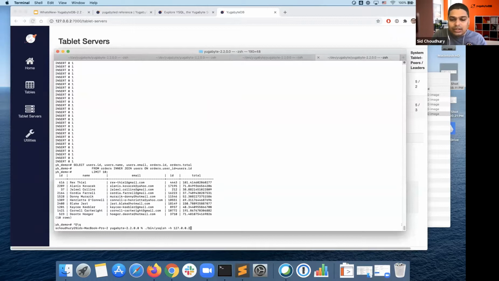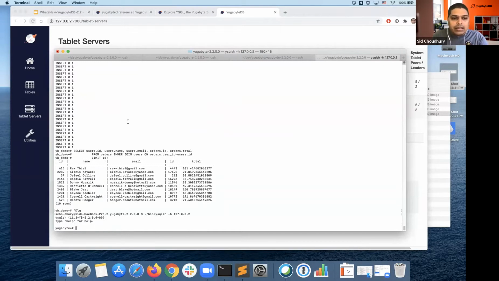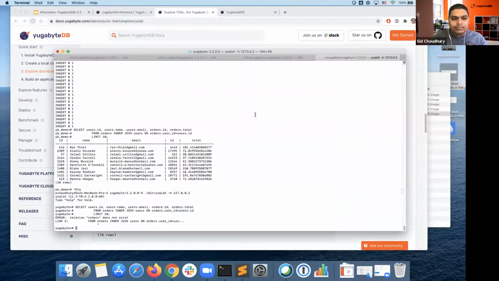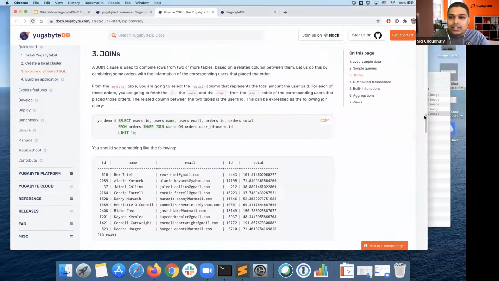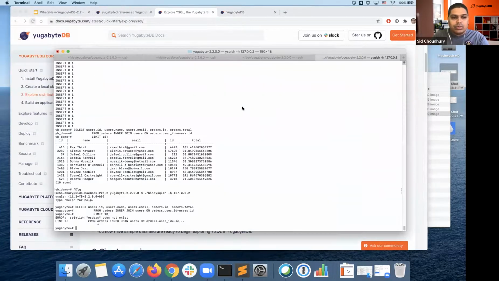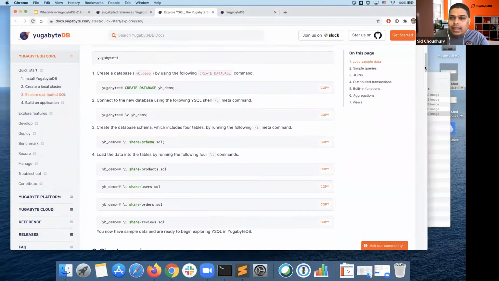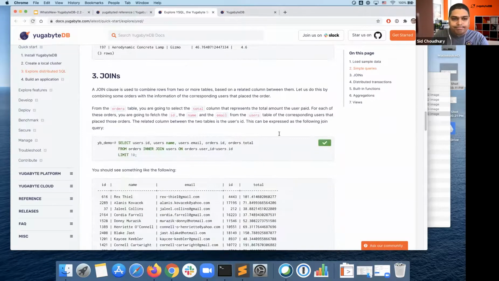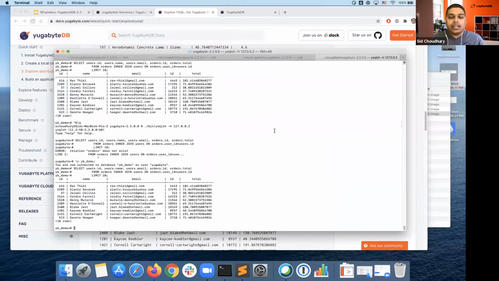Let's go to the second node and run the same query. Oh, I first need to go to the database context. So go in here and then do the join query. See, data is still there, right? I am perfectly fine, no issues. I can continue to read, I can continue to write to this cluster as if nothing has happened.